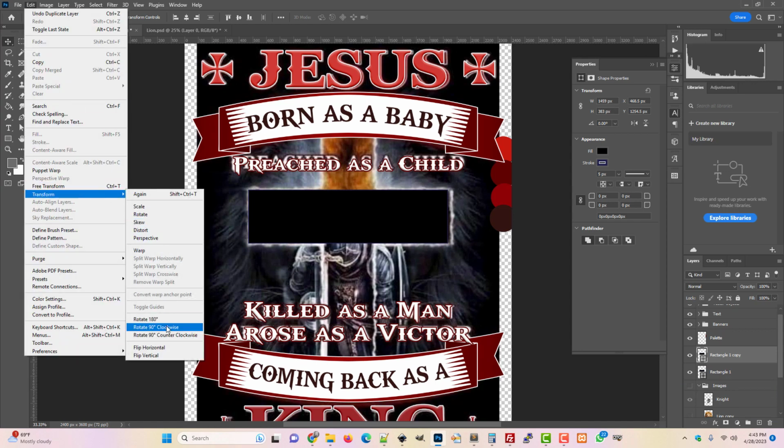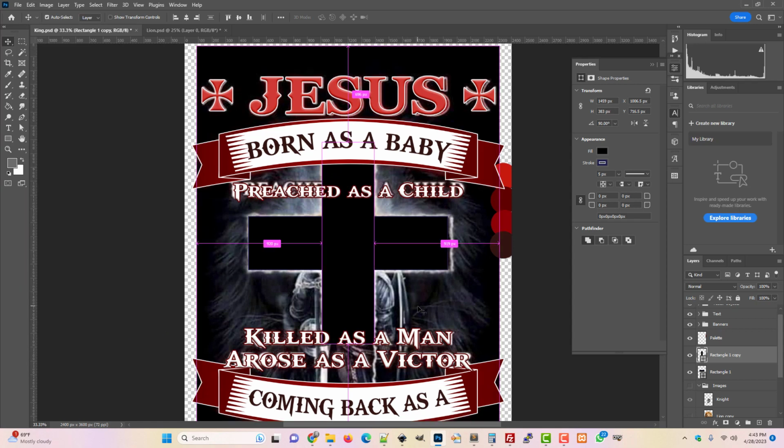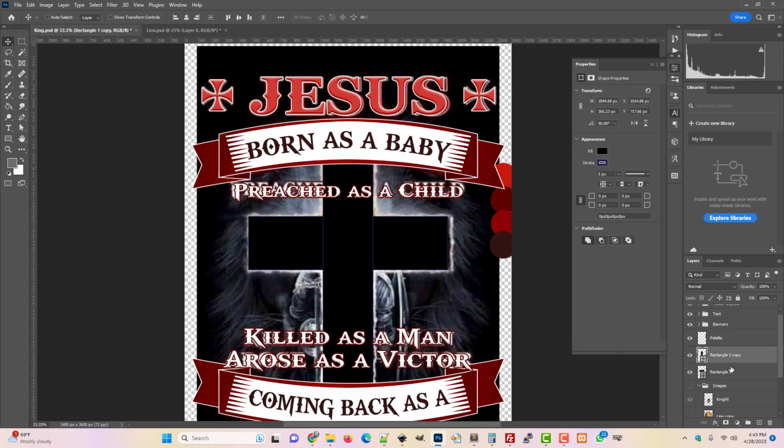Edit, transform, and we'll just rotate that clockwise. And then I'm just going to size it up. I'm going to hold Shift. I'm going to just hold Alt. That way it can squish. And yeah, that's pretty much right on. And then I'm going to just not hold anything while I pull this all the way down. I'm just completing it, I guess, for my own sake. I know what's back there. All right. And so those two,